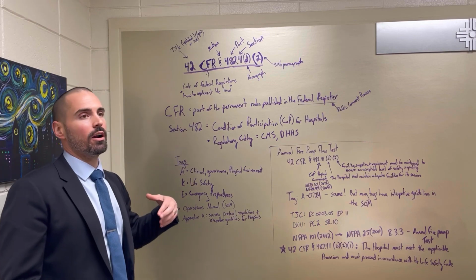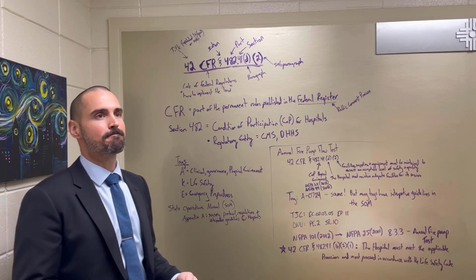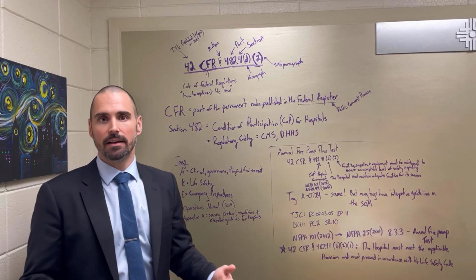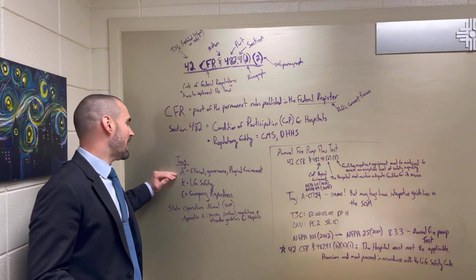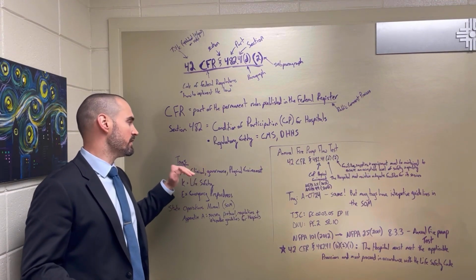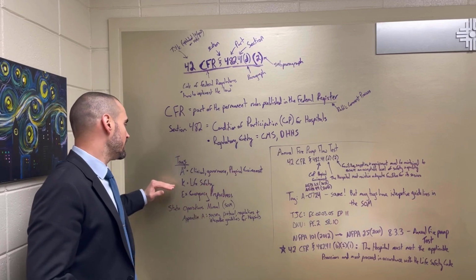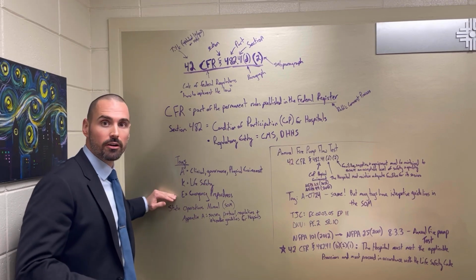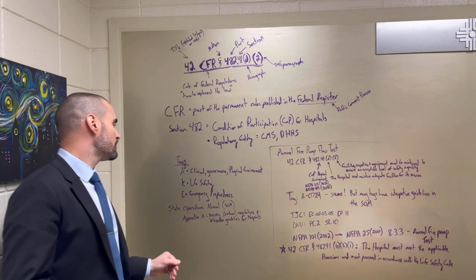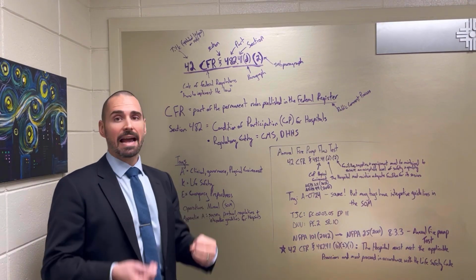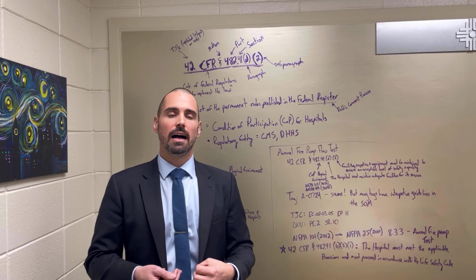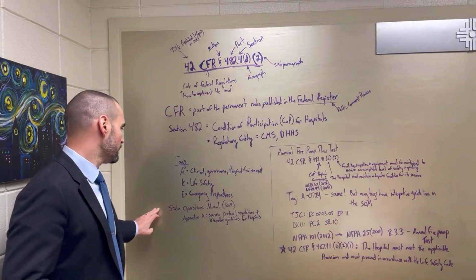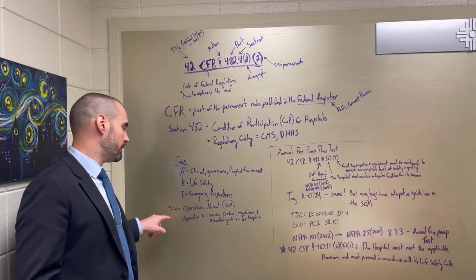But there are three primary tags that facilities are going to care about. The A tags, which really is clinical, governance, and physical environment. The K tags, which are life safety requirements, and the E tags, which are emergency preparedness requirements. And those tags are published in the State Operations Manual, which is actually part of Appendix A